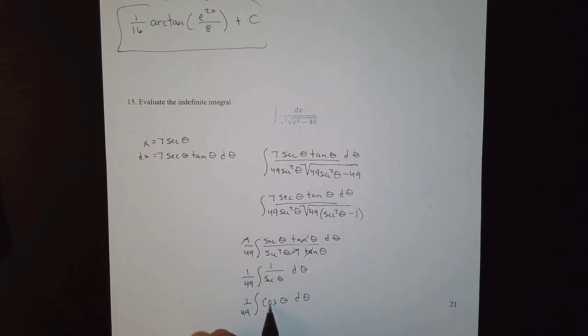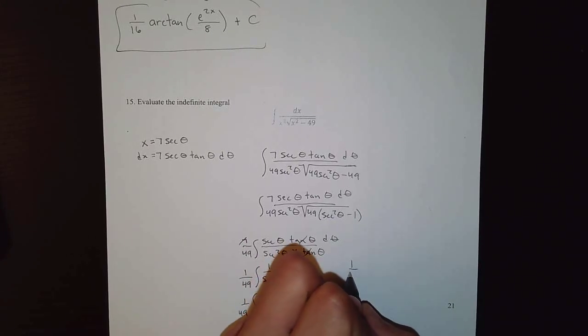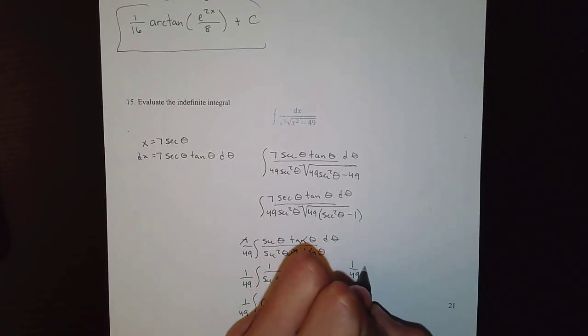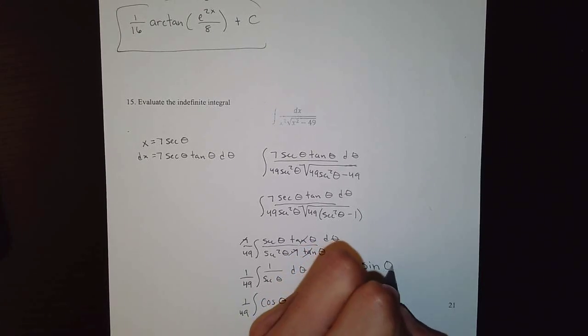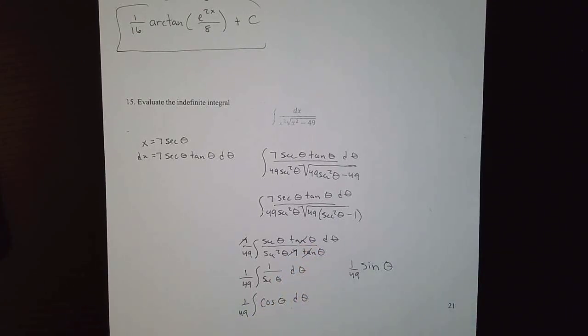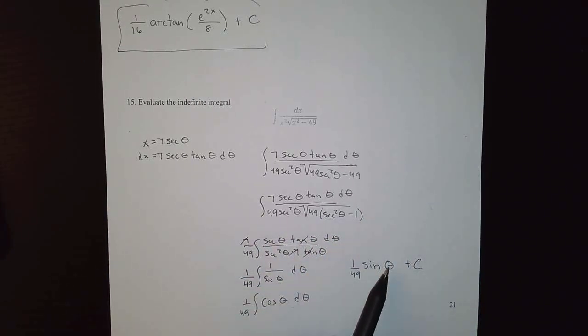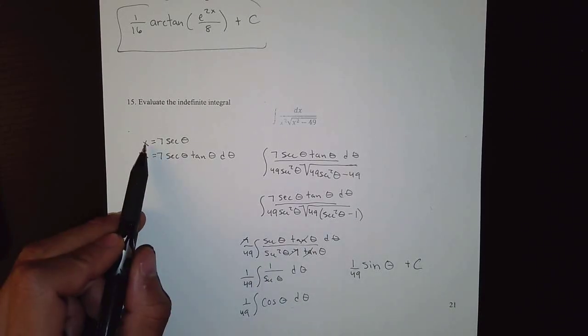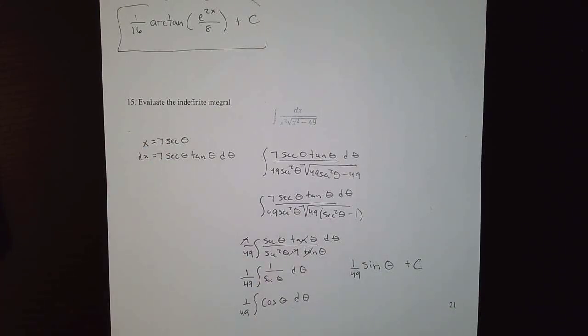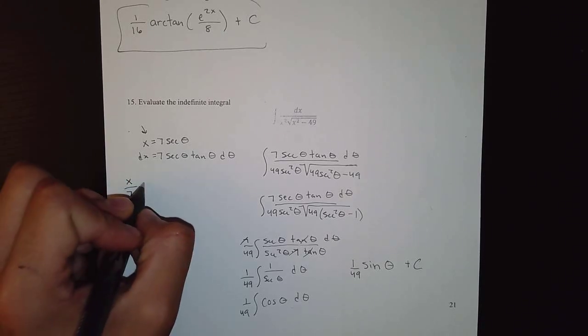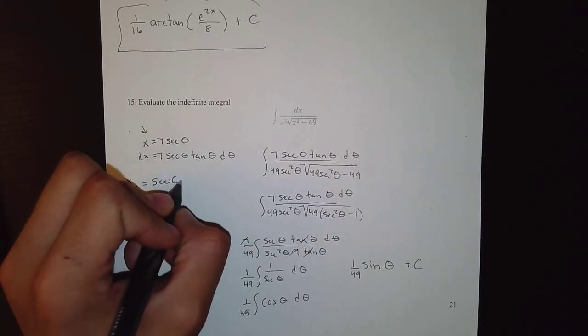Well, cosine theta would just go back to sine theta, so when we take the antiderivative, this becomes 1 over 49 sine of theta plus c. But we're not quite finished, because we have a theta now, and we started off with an x. And so now we have to solve for theta. Well, if we go back to this original equation, we can say x divided by 7 is equal to secant theta,